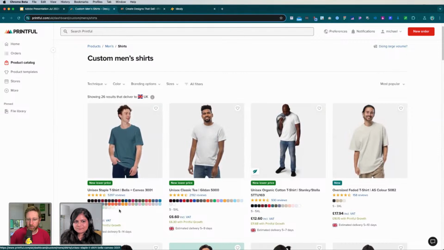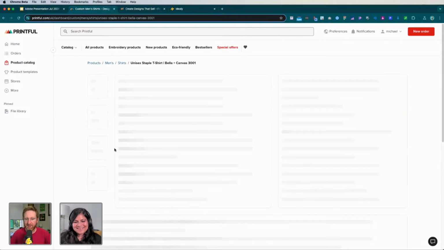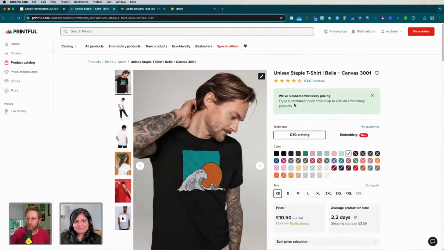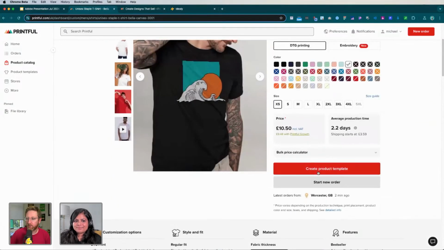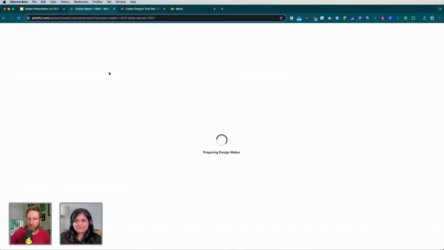This comes in a lot of different colors. You can see all the reviews. It's one of the most popular t-shirts. Is it this one I'm wearing now? No, I don't think it is. It's one I've got right here. They're nice and soft, not too thick, and a pretty nice fashion fit. So I'm going to create a product for this, and it's going to open up the design maker.